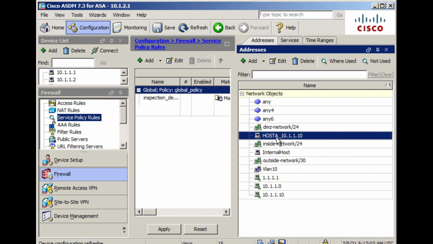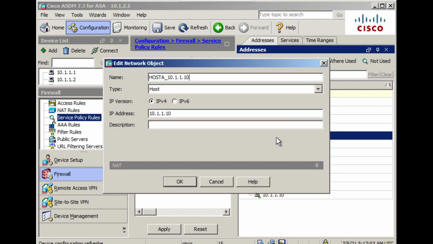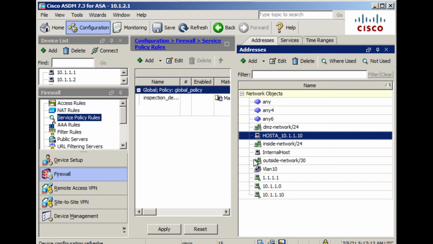And also don't conclude that. Sometimes what happens internally, you would have given 10.1.1.100, but in your name you would have given 10.1.1.10. So just by seeing the name, don't conclude that that will be the original IP address. But how do I know what IP address I have associated with the object? You can hover your mouse on the object.